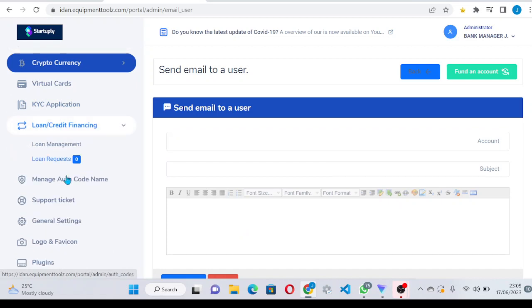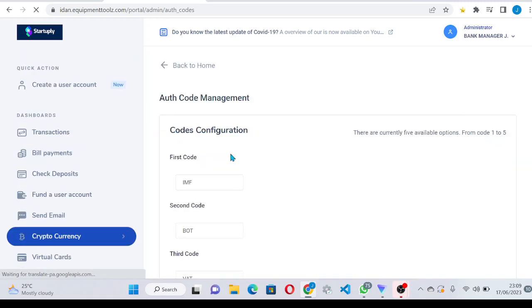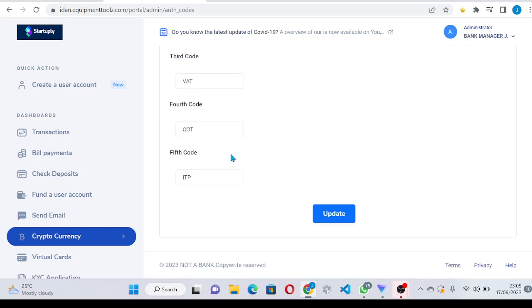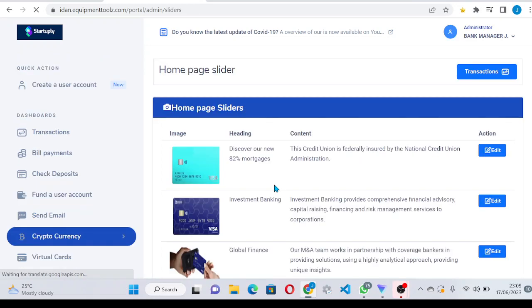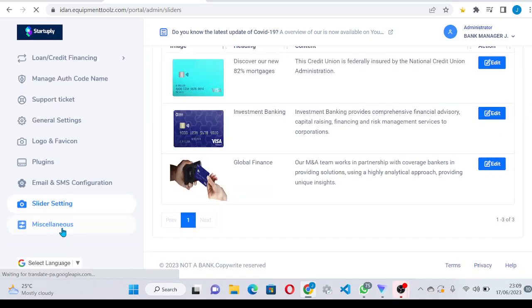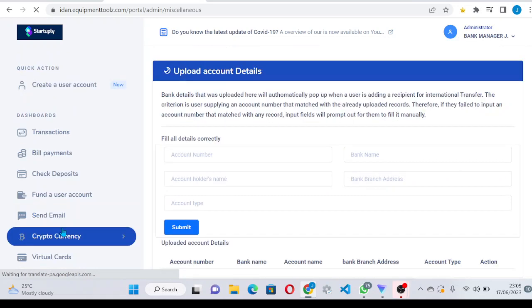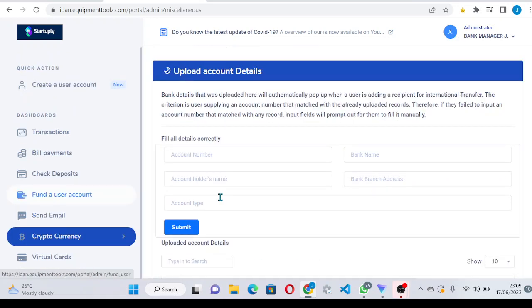This is the support ticket, and you can change the name of this transfer code. You can change it to any name you desire. That is what makes this site beautiful. So this is the slider setting. You can change these features here. These are the features that apply on the front end. You can change them over there. And this is millennial. And you can decide